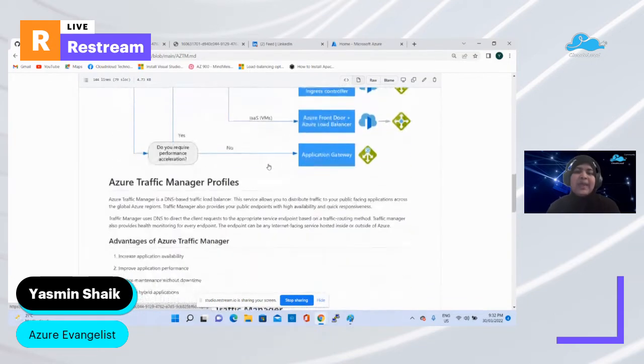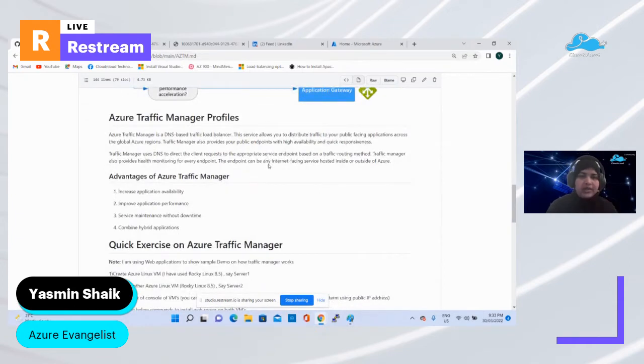One of the advantages of going with Traffic Manager profiles is that it increases application availability. For example, if you have deployed your application in one region and also in another region, Azure Traffic Manager will monitor your endpoints. Whatever regions you have connected with this load balancer, it will check the status of that particular virtual machine or region.